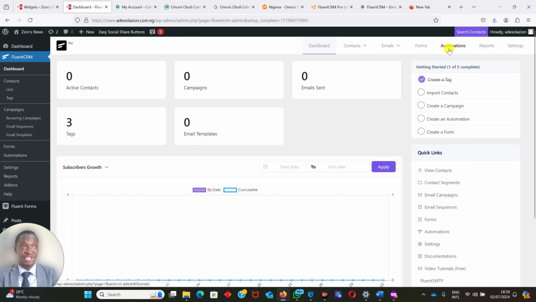Then you can automate, which means that as you'll be sending some messages like posts or news, you can automate that so immediately you send them, they are delivered to the inboxes of people who have subscribed to you. Do you understand that? When I publish my news on my site, if I automate that, as I publish them, it will go straight into their email boxes and deliver there. That is what this automation talks about. Then we have the report, we have the settings.